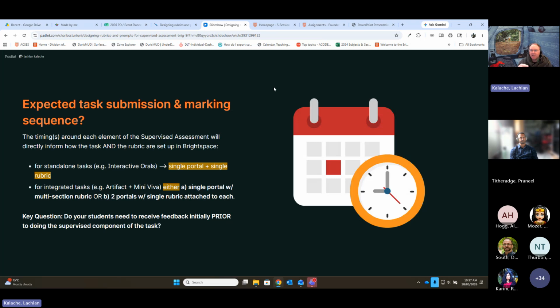The reason this crops up more for supervised assessment and integrated tasks specifically is when we have conveners who want a feedback loop to be happening for the student in between the submission of the artifact, the written component or the submitted piece from the student, and the completion of the supervised component. If there is a gap between those two things, it means we're going to have to publish our feedback from the first part so that we can then have the student and potentially the markers informed prior to the completion